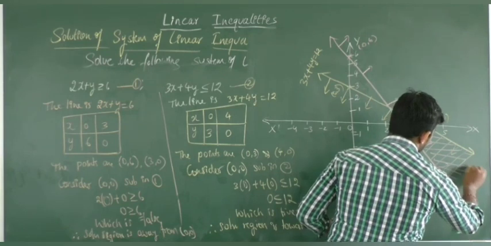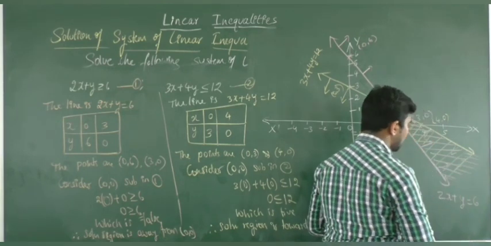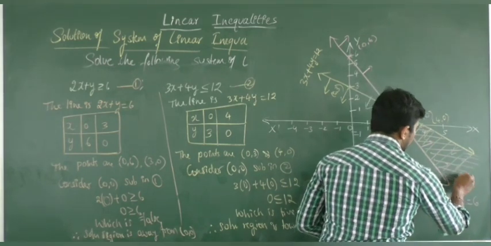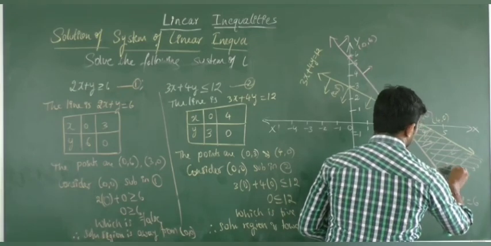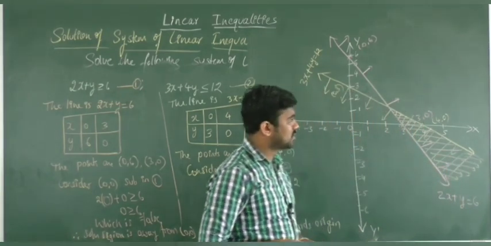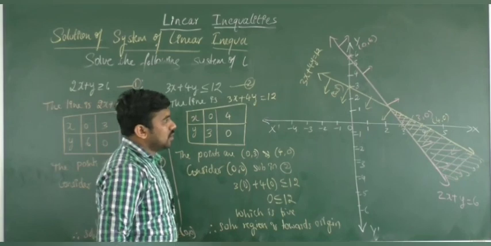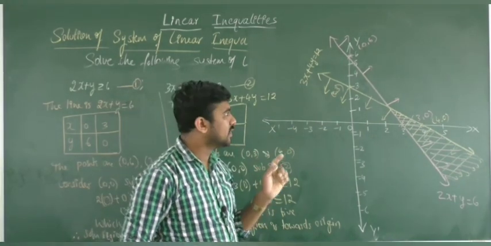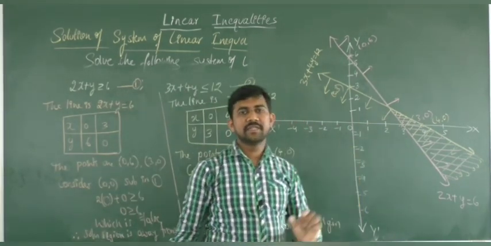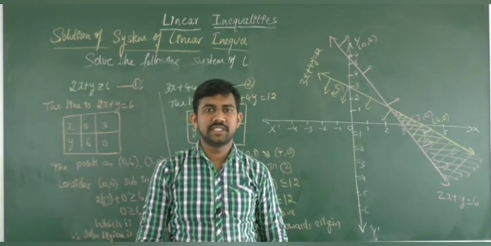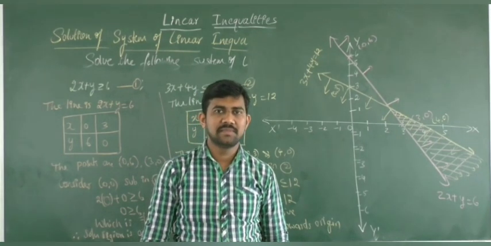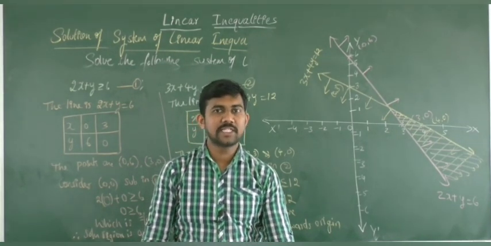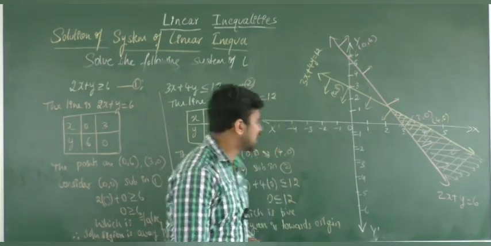It continues like this, we do not stop here. That is, the arrow mark you have here, it continues like this. Okay, understand? So we can say the conclusion that the shaded region represents the common solution region. Is that clear? Okay, now we'll move on to the next question. See what the next question is.